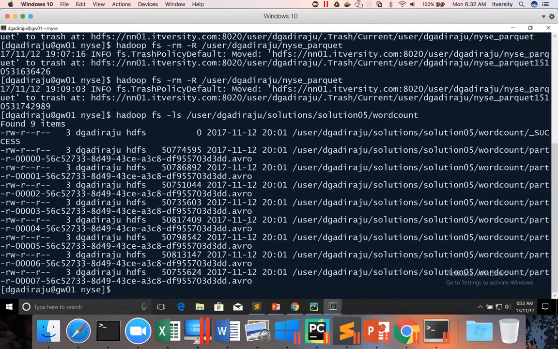You can see there are 8 files, and each of these files is of type Avro. We will not be able to read data directly from here. If you want to see the output, again you have to use the read API